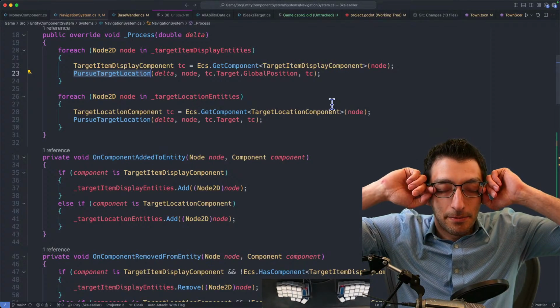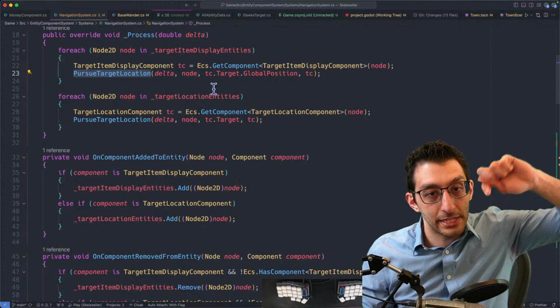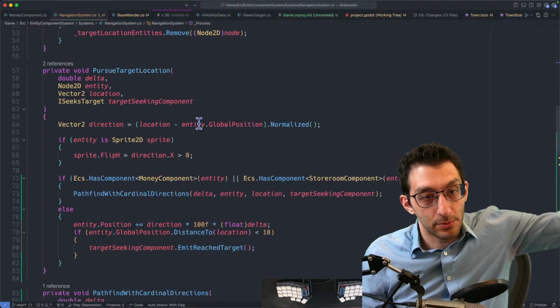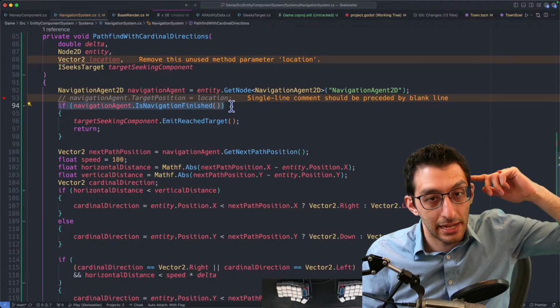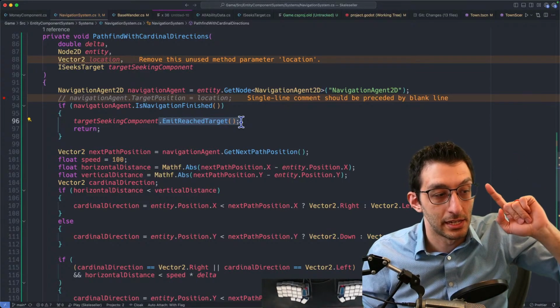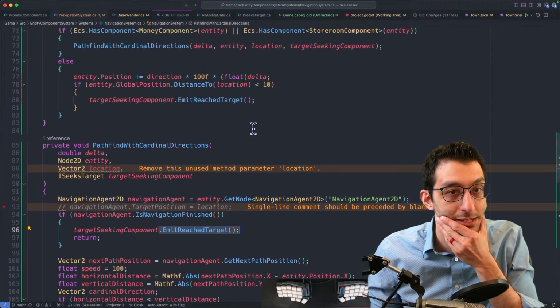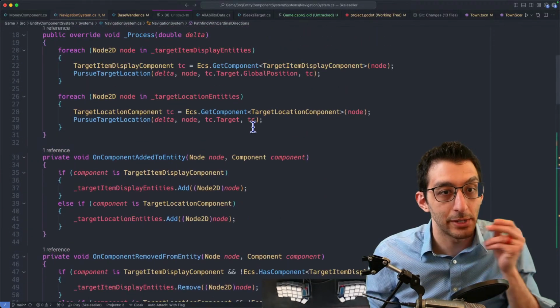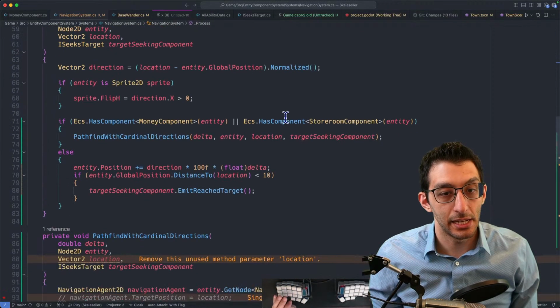So what's happening is when they pursue an item, I don't tell them what their destination is. So they still have their destination from when they were wandering. And since when they were wandering, they were already at their destination, it immediately calls this, is navigation finished? which means that it thinks it hit its target, but it didn't. So it picks up the item, and then it immediately thinks it hit its target again, so it can drop it off immediately too. Okay, so all we need to do is fix that, I guess, which is that when they get a destination,